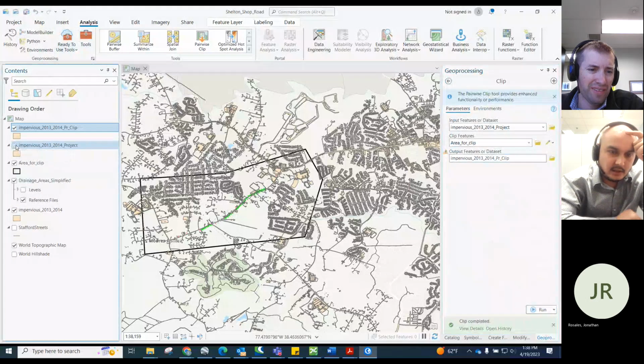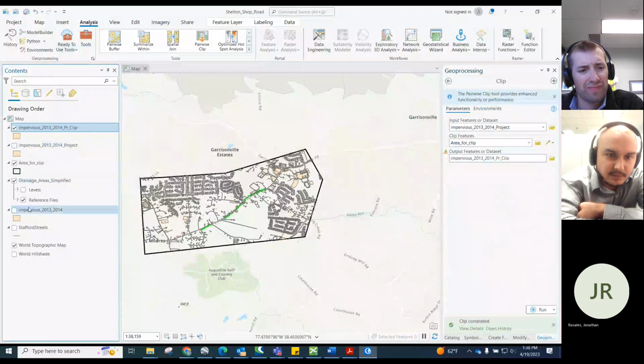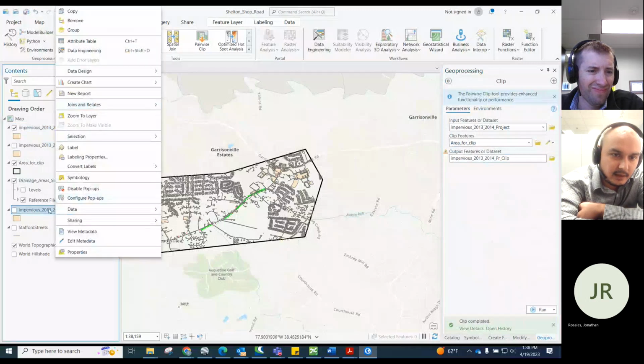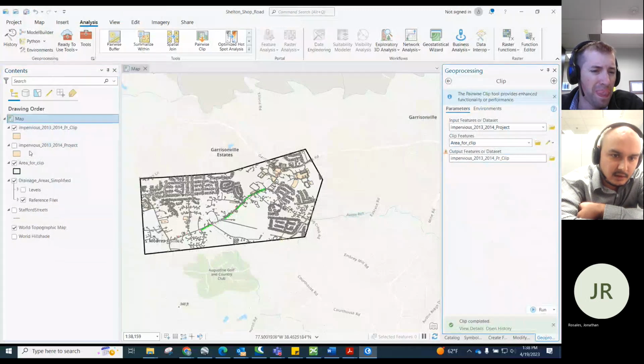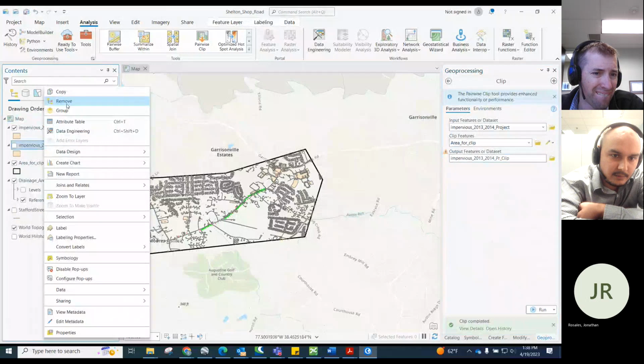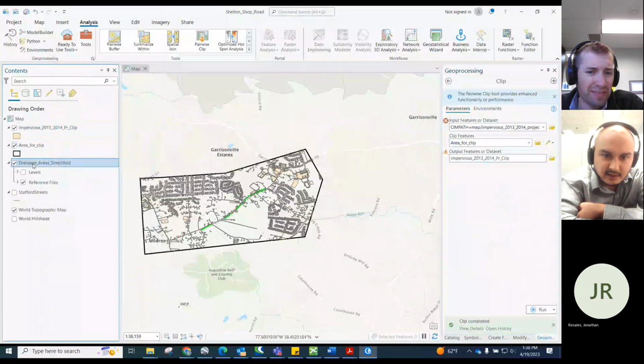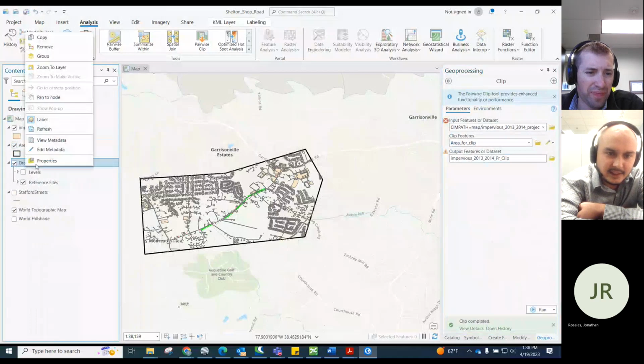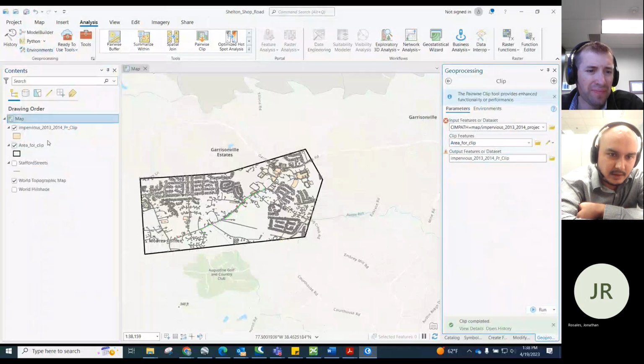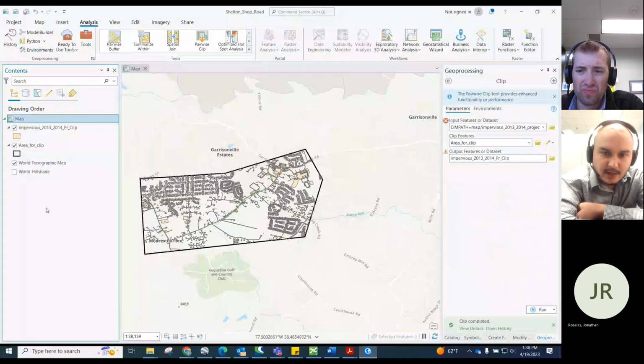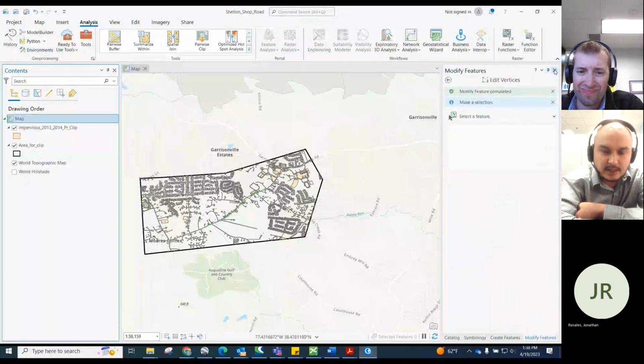Okay, now let's only keep that clipped layer, and you can just remove all the others. Keep the area for clip and the impervious clip. You can remove that too. We don't need the drainage area either. That is only to define our area, right? So now we have our area. We don't need Stafford Street either, because the more data there is, the more it will just slow down the GIS. So now we have a defined area, impervious, right?